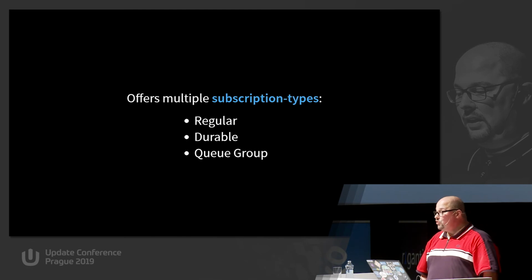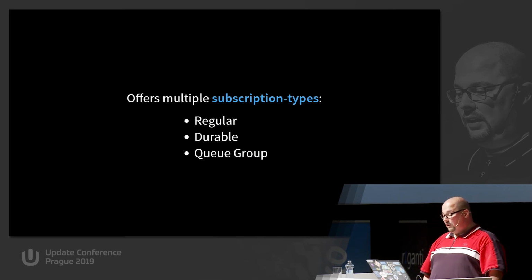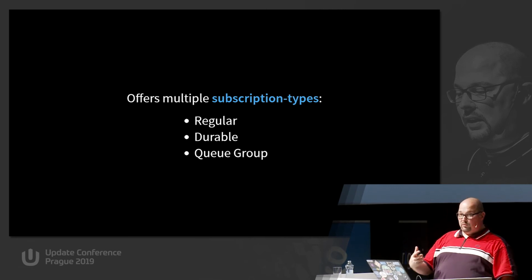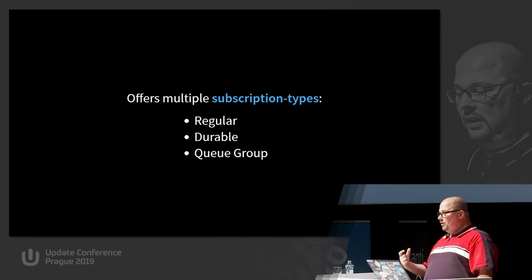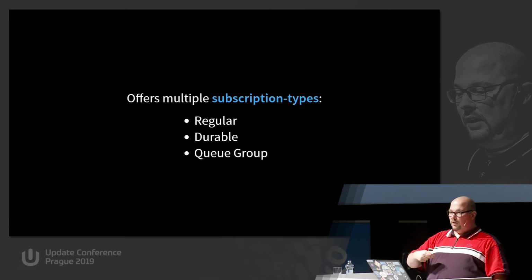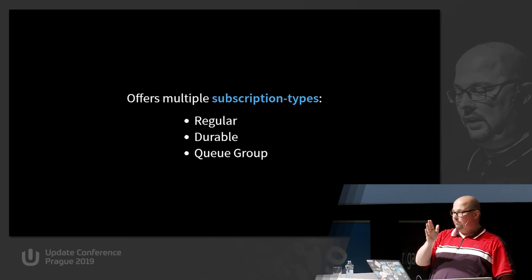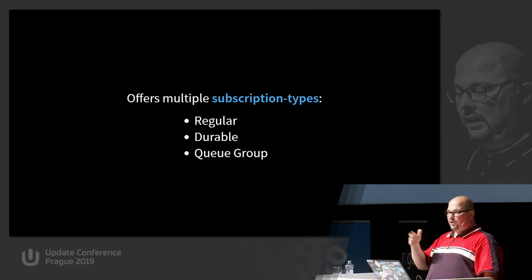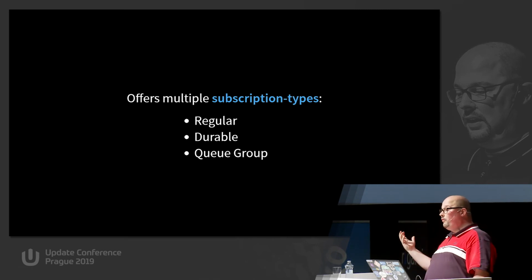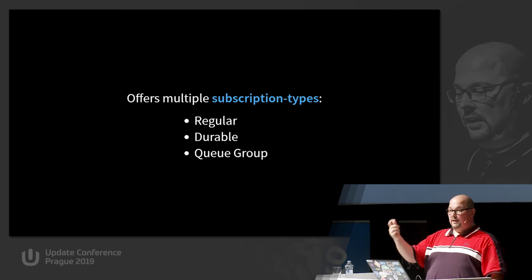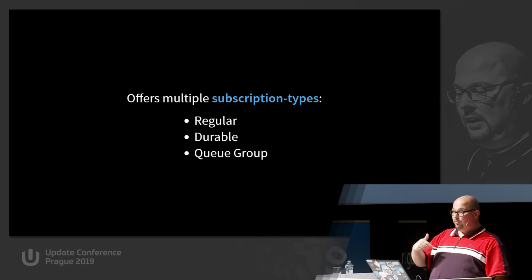If you make a subscription for a NATS server, NATS streaming server, you have three types. It's the regular one. This is just a subscription that will get the messages from a starting point. But then you, as a consumer, are responsible for maintaining the place you are in the queue. So if there are 100 messages and I've read them all, if the 101st message comes in and I was offline, for instance, and I get restarted, then I'd have to know that I have to start reading at the